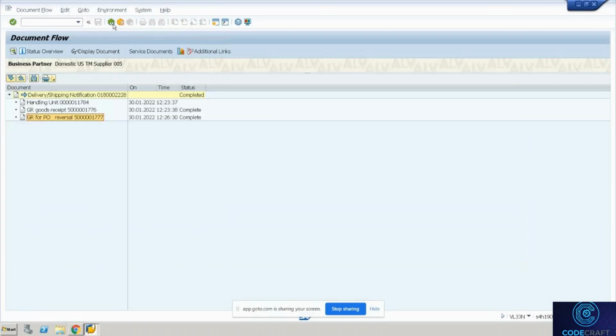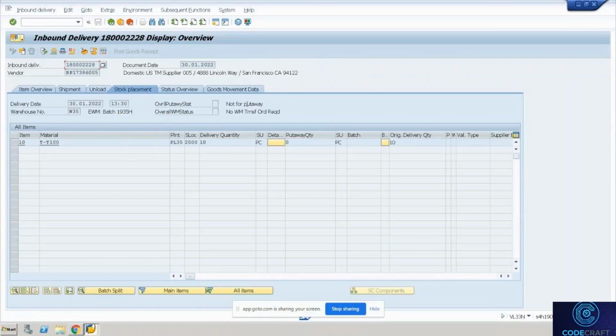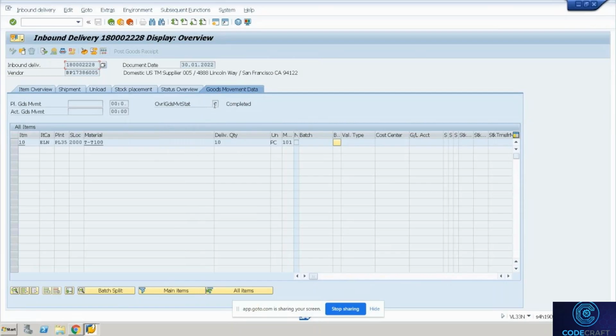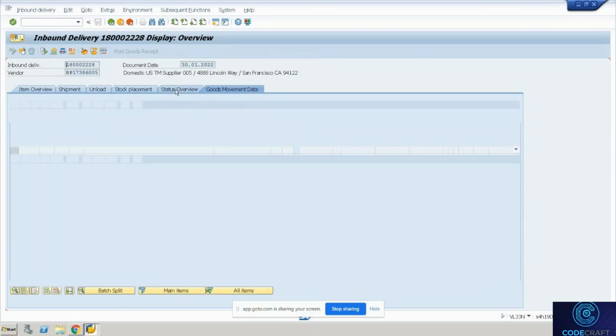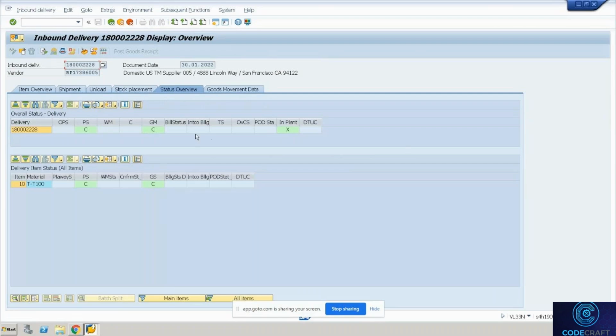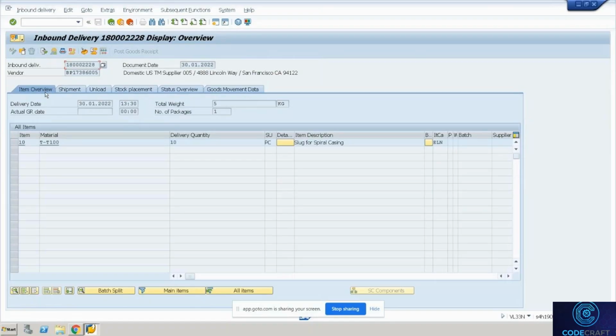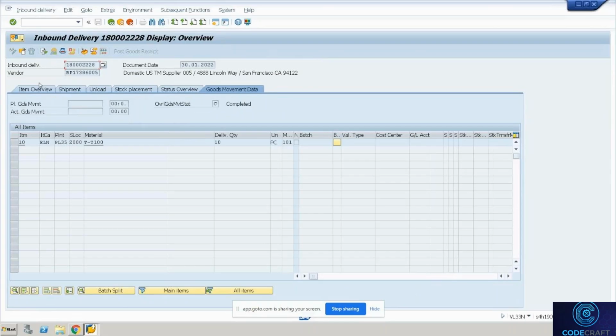So we did the good receipt, we reversed the good receipt, and now the status should ideally get reset to A. I think there is some SAP note I need to find out. It's not getting reset here, it's still C. But yeah, I think you can see that at item level, it is still showing C. It should be A because we reversed it. Okay, so I need to see why it is not getting reset. But in your production system actually, or in your customer system, you'll see the status changing back to A. Okay,